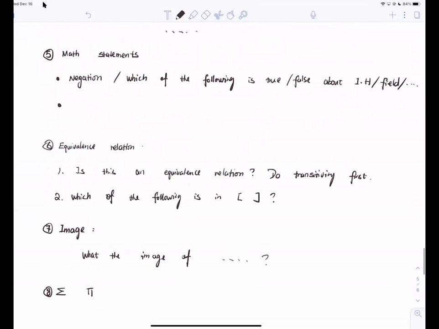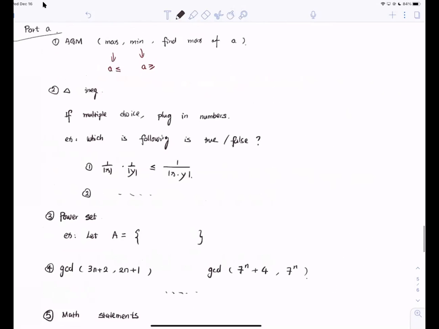Back to mathematical statement. 3.7.10. This is a good question. Okay, try that one. For multiple choice questions, that's part A. Part B,